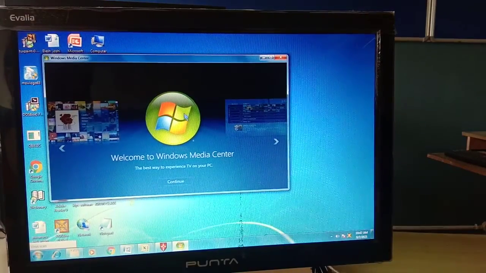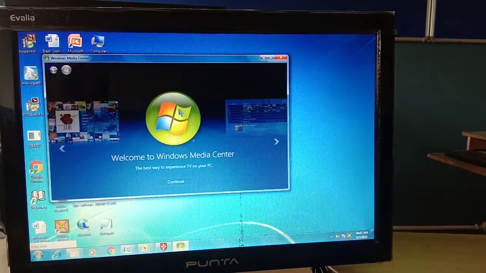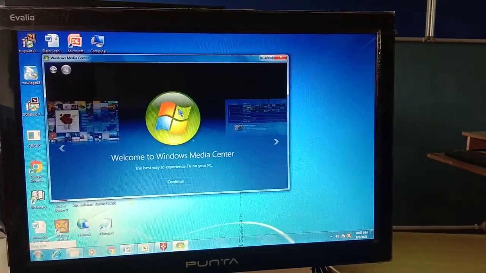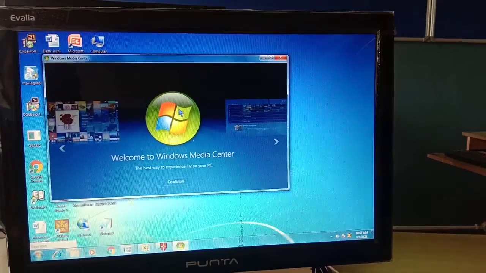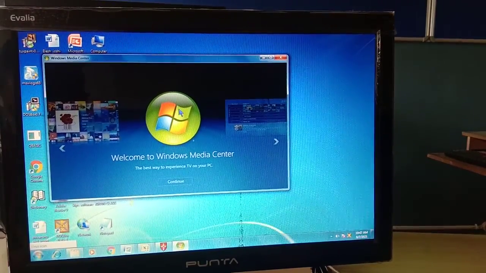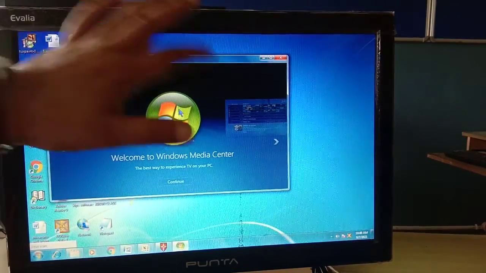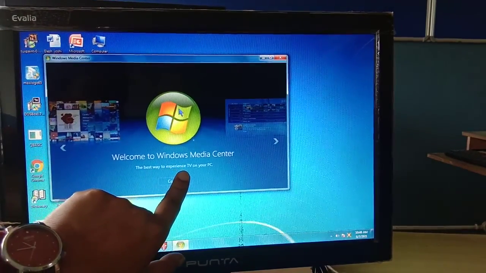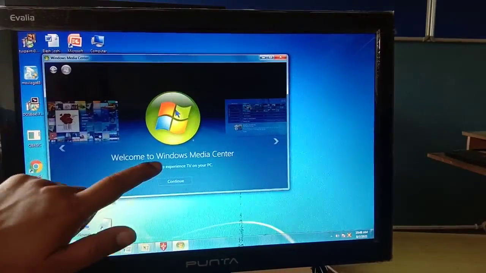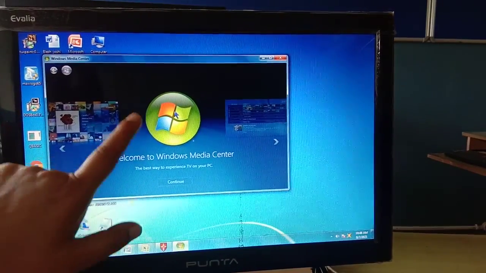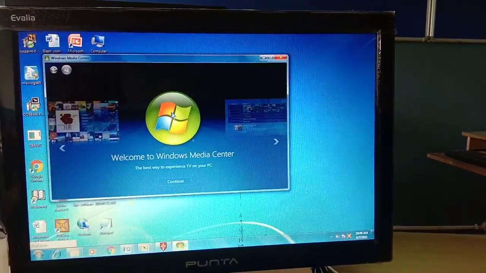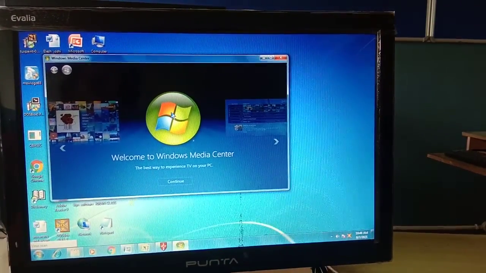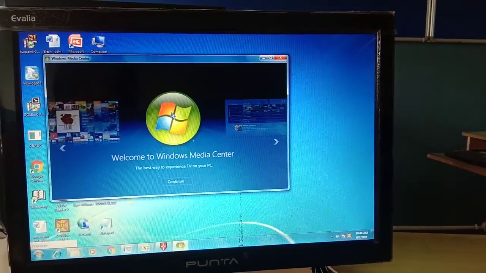For example, you can connect the cable connection with the help of this Media Center, and whatever serials appear here, it will work as a TV with the help of this Media Center application. Okay, by default it is a utility that comes with your Windows 7. Windows 7 and all newer computer systems contain this facility.